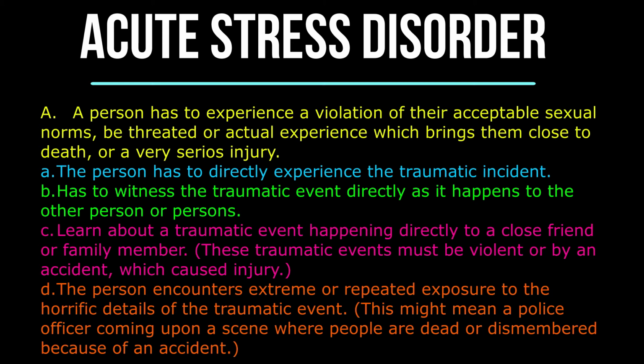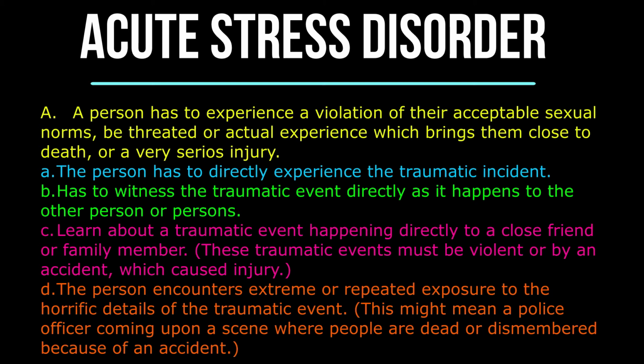B, has to witness the traumatic event directly as it happens to the other person or persons. C, learn about the traumatic event happening directly to a close friend or family member. These traumatic events must be violent or by a car accident, which causes injury. Or D, the person encounters extreme or repeated exposure to the horrific event of the traumatic